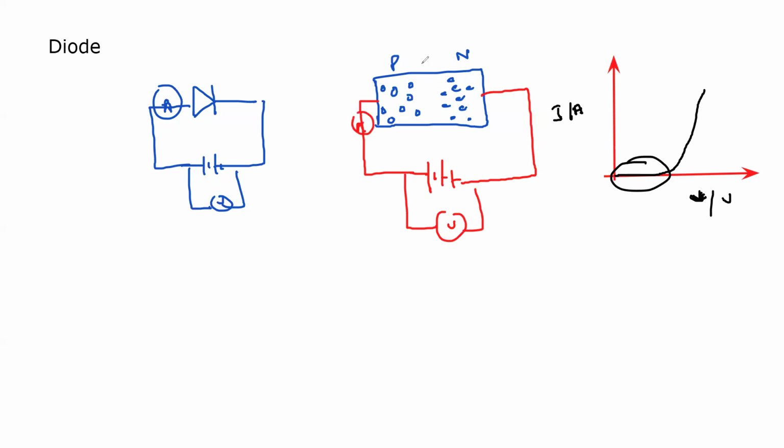Now, what will happen? What is the direction of the conventional current? And there's a barrier here. What is the barrier? The negative charges here and the positive charges will block the electrons from moving from one end to another. Now, when we increase the voltage here, if we have a variable supply,